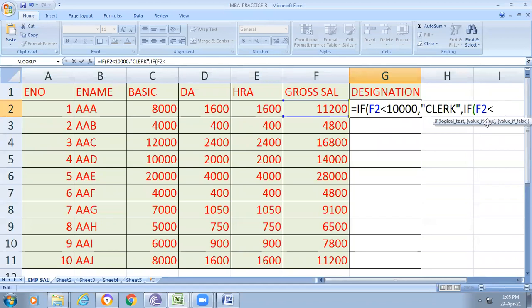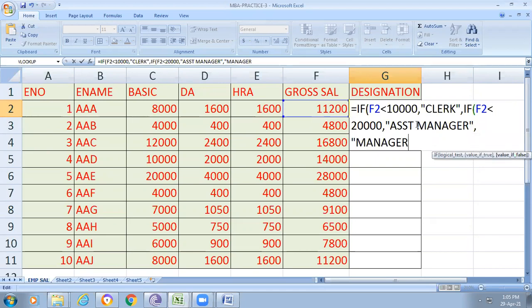For example, if F2 is less than 20,000, then what happens? Here we give assistant manager. Otherwise the grade is manager. I will close the two IF brackets, because here I opened two IFs.